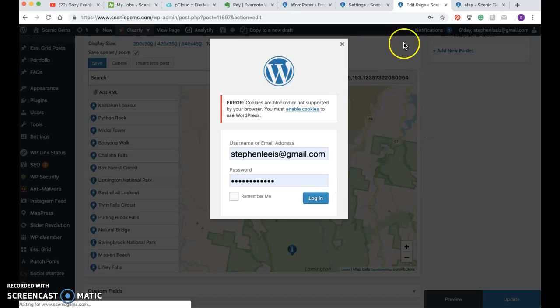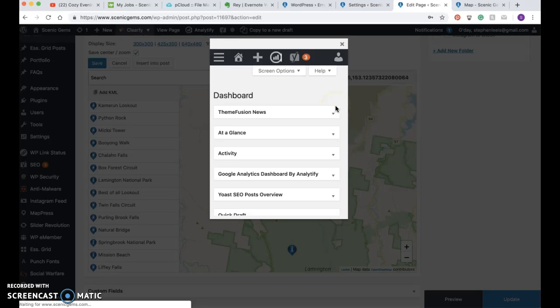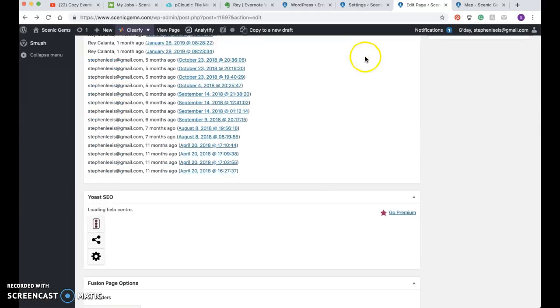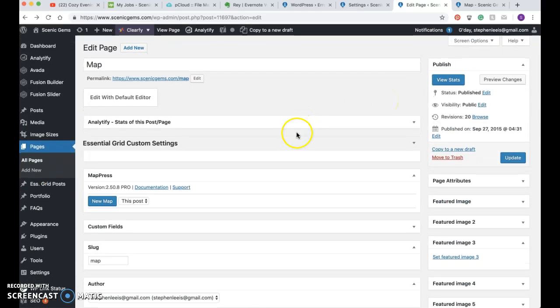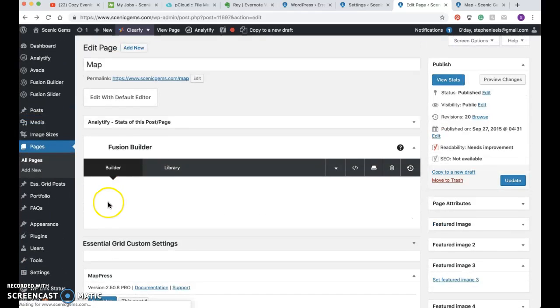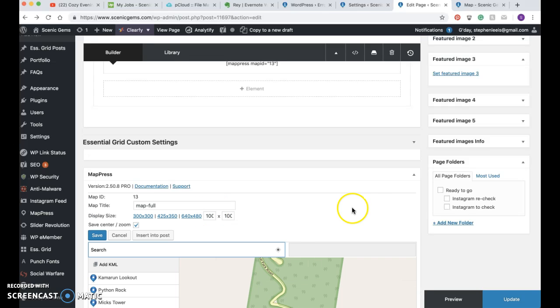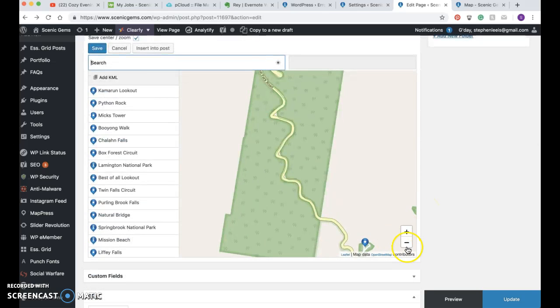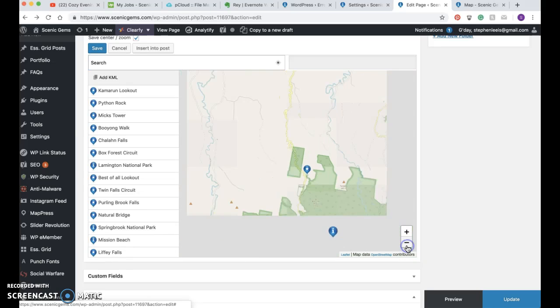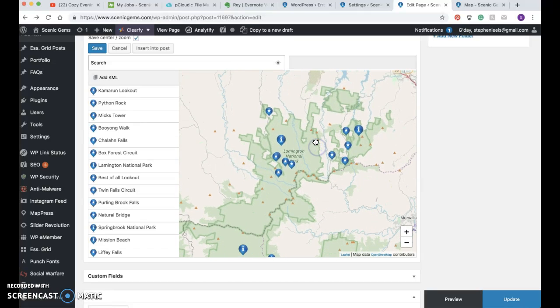So I'll just log in again. I may need to refresh this page as well, so I'll just reload. Okay. Now, if I come down to, where are we? Still loading in. Come into the map, and I'm going to talk you through. Okay, so the map markers that you've done for Lamington and Springbrook,